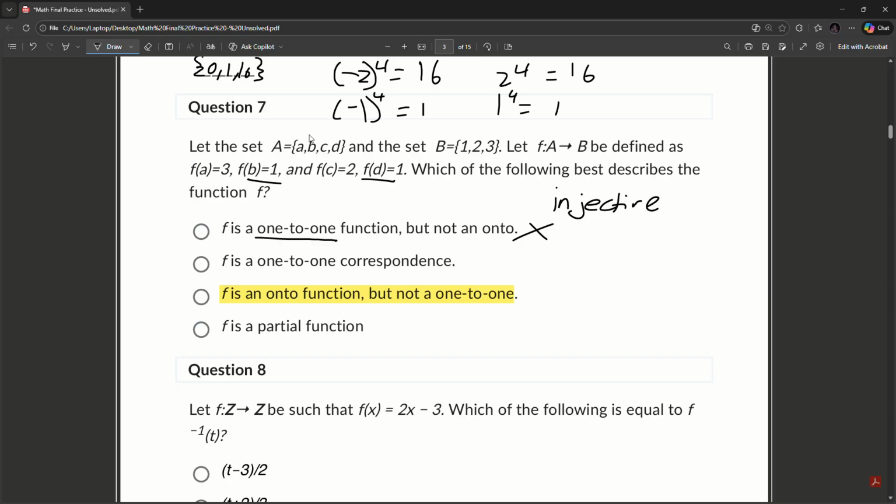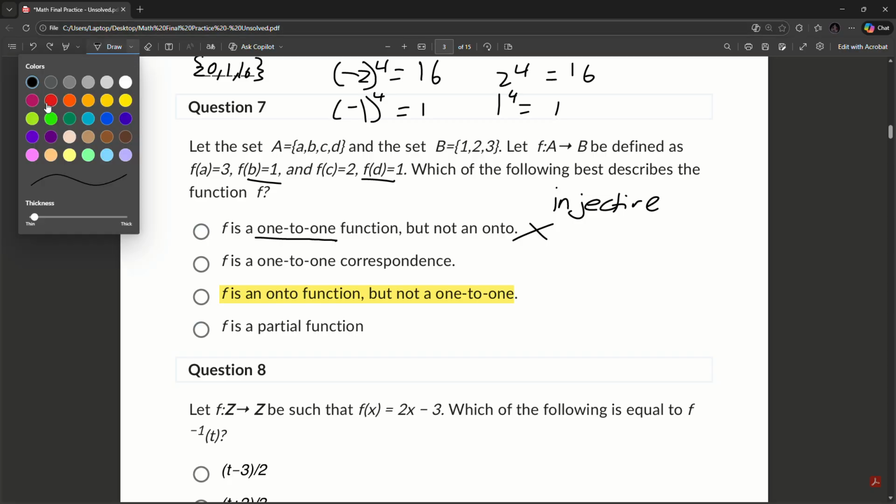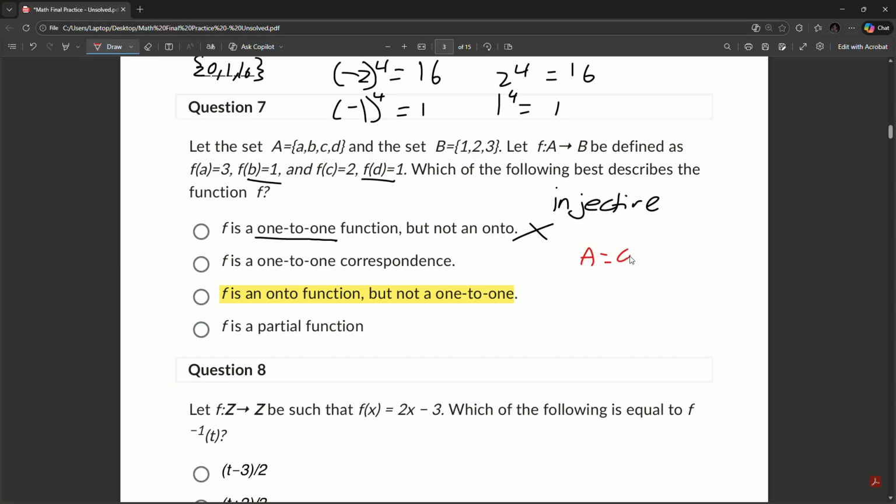But in general, if A has 3 values, let me just use a different color so you will understand. So if A equals A, B, and C, and B, of course, equals 1, 2, 3, and then, of course, f(A), f(B), and f(C) equals, of course, 1, 2, 3. This is a one-to-one function that is also an